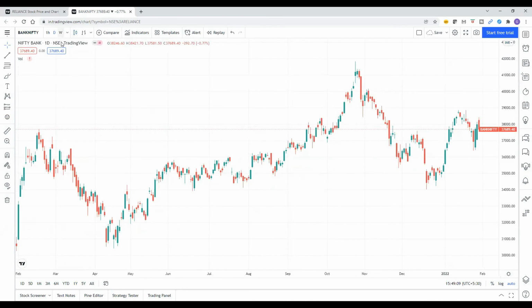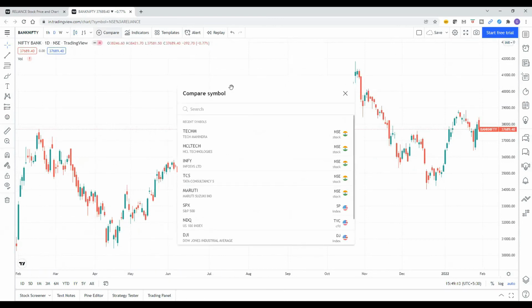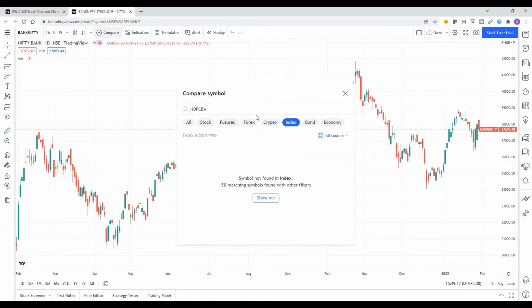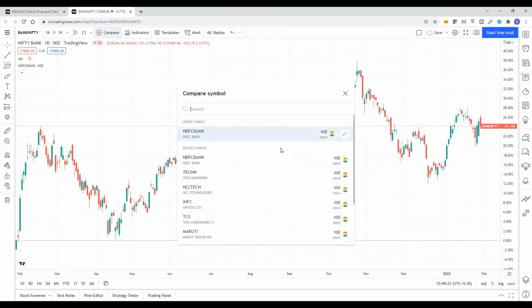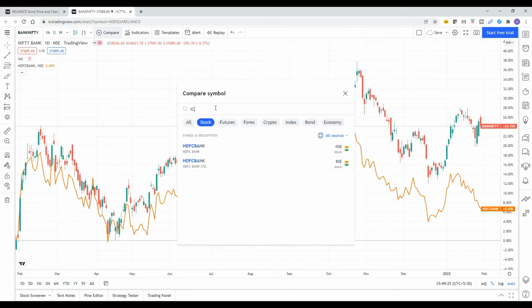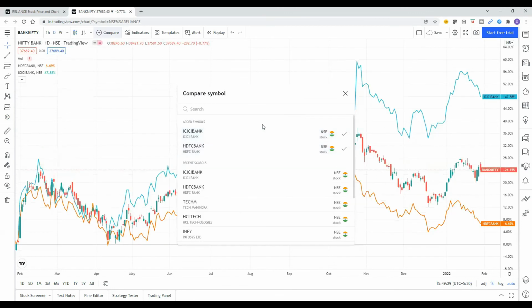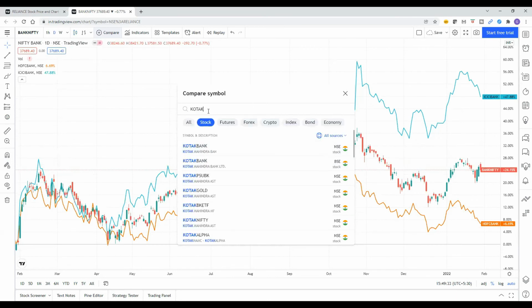Let's compare this Bank Nifty with other banking stocks. Let's say number 1 is HDFC Bank by weightage, right? HDFC Bank. I'm taking same percentage only, right? And ICICI Bank. Of course, I'll take Kotak.